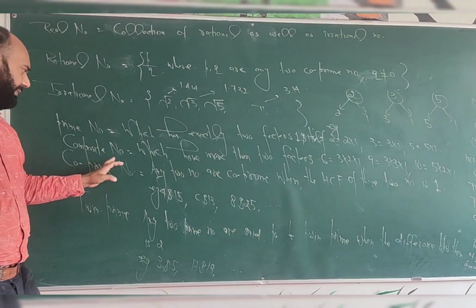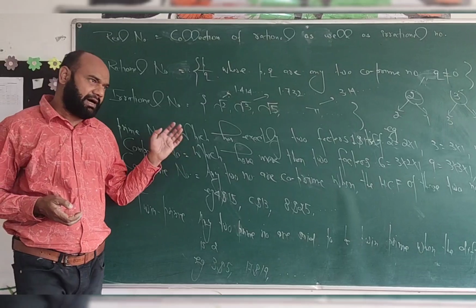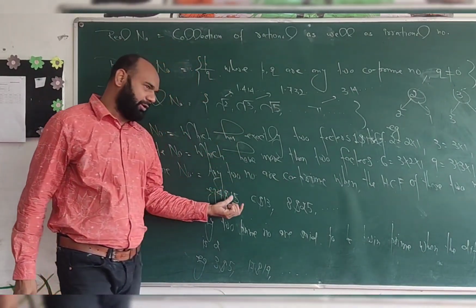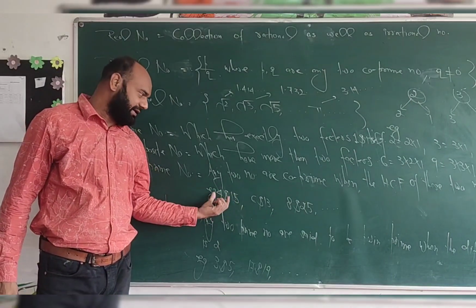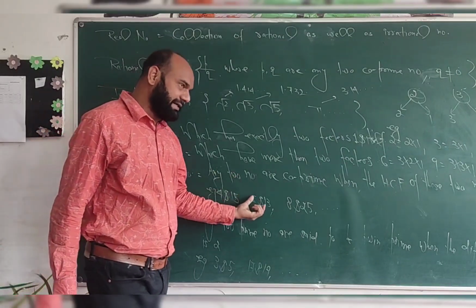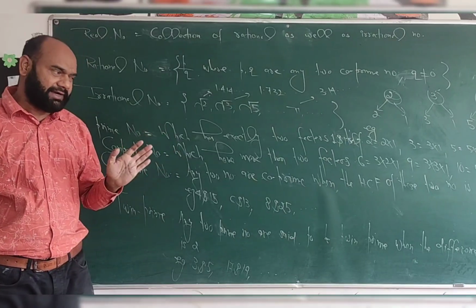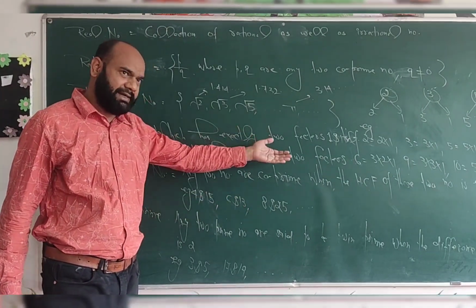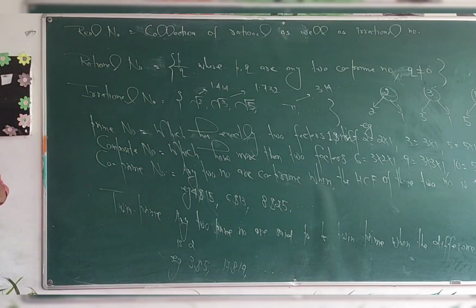Next, what are co-prime numbers? Any two numbers are said to be co-prime when the highest common factor between them is always 1. For example, 4 and 15. The highest common factor of 4 and 15 is 1, so these two numbers are co-prime numbers. 6 and 13 are also an example of co-prime numbers because the highest common factor between 6 and 13 is also 1. There are so many examples. 8 and 25 are also examples of co-prime numbers.